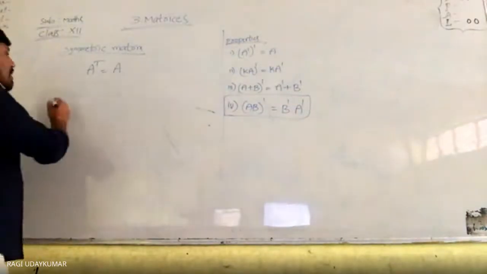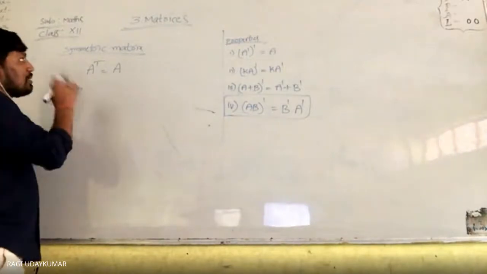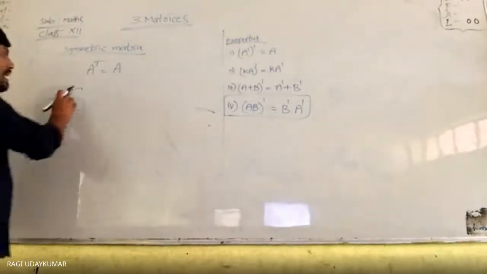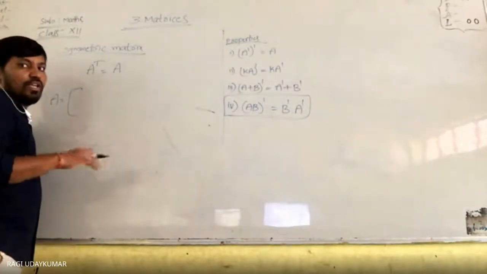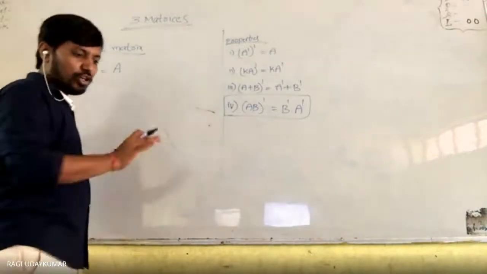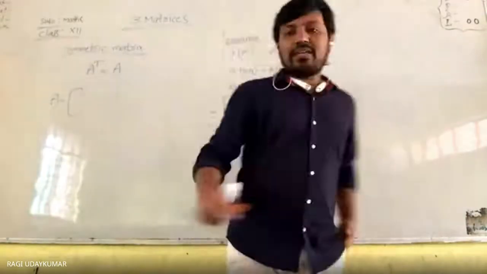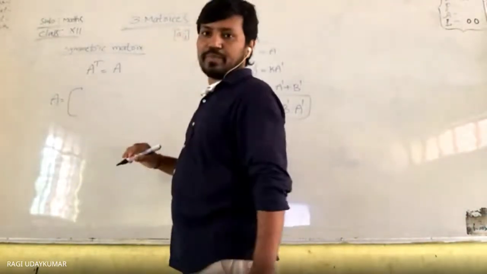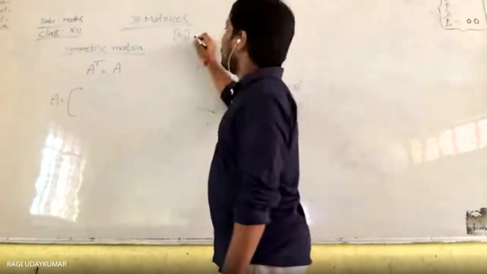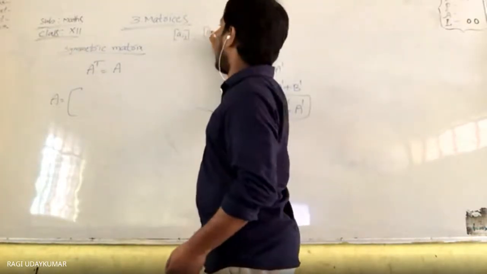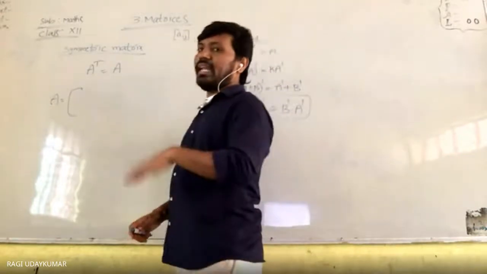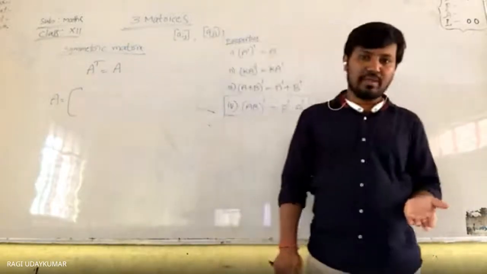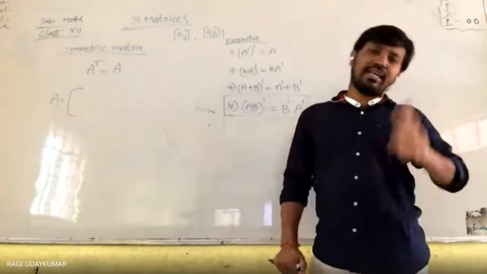So how do we write an example? To write a symmetric matrix example, how do we write? The diagonal can be taken as any numbers, because when you take the transpose of the matrix, diagonal elements will not change. If the given matrix is Aij, then its transpose will be Aji. The first row second column element will become the second row first column element. The second row third column element will become the third row second column element. But the second row second column element will stay the second row second column.